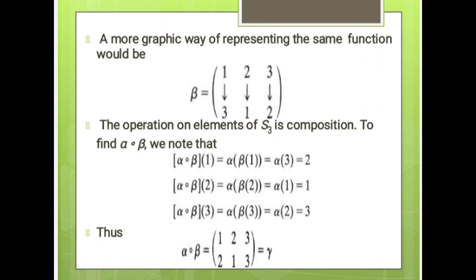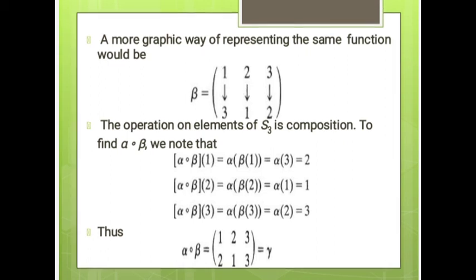Alpha composition beta of 2 is equal to alpha of beta of 2, which is alpha of 1, equal to 1. Alpha composition beta of 3 is alpha of beta of 3, which is alpha of 2, is 3. Thus, alpha composition beta is equal to 1, 2, 3, 2, 1, 3, which is the value for